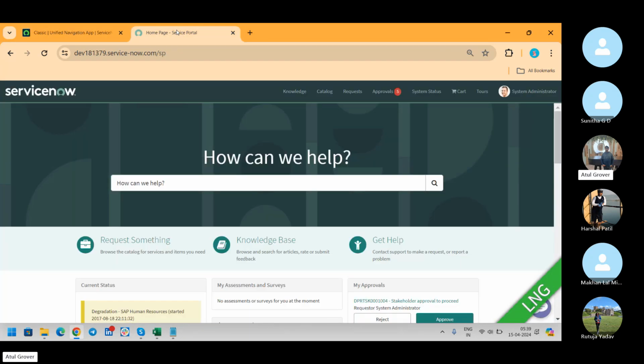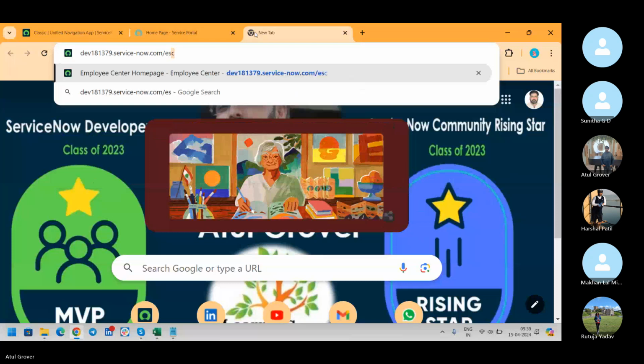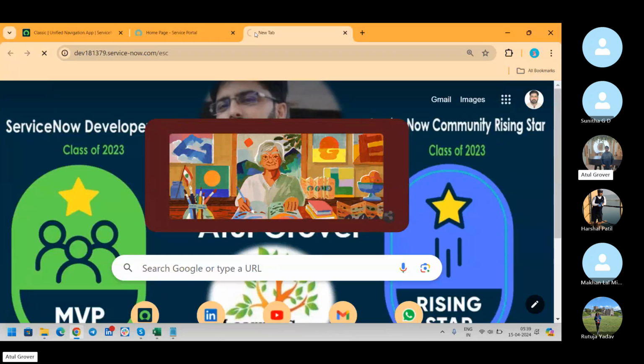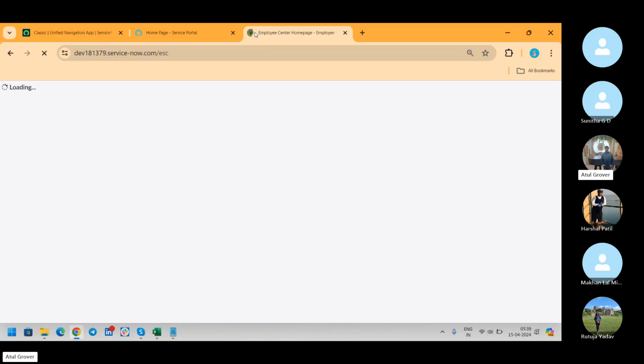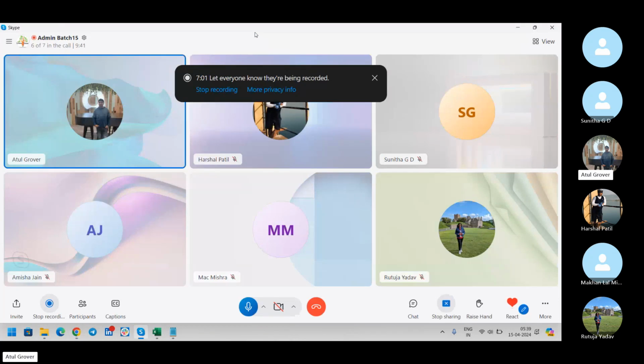So now we are going to discuss how this portal will look like. What is this portal? The configuration of this portal, the basic understanding of this portal. Even though ServiceNow is preferring to use this portal, ECS. The reason being, now what happened is that Amisha or other people joined the company and they have to